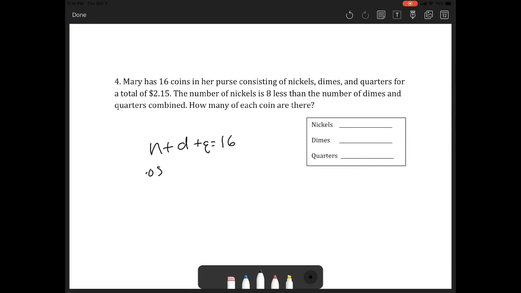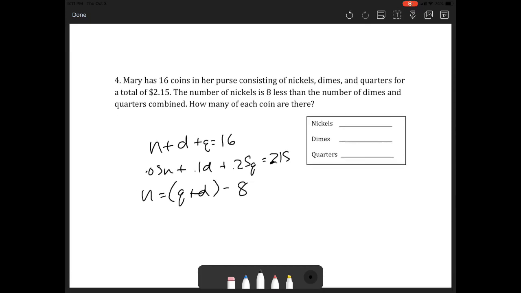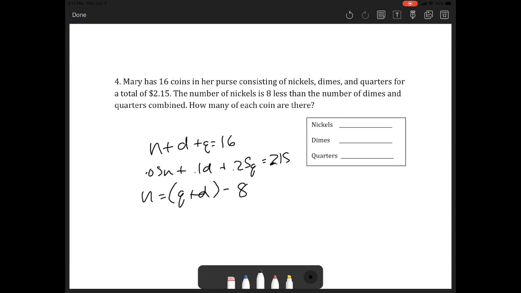And our last one is going to be 1O plus D plus Q equals 16.05. N plus 0.1D plus 0.25Q equals 2.15. And then N equals Q plus D minus 8. So guys, that's a lot of stuff. This is the quick version on your notes with doing the